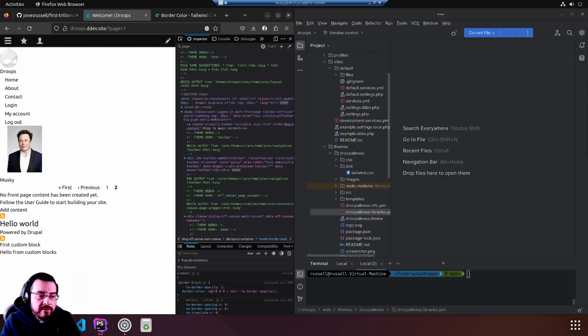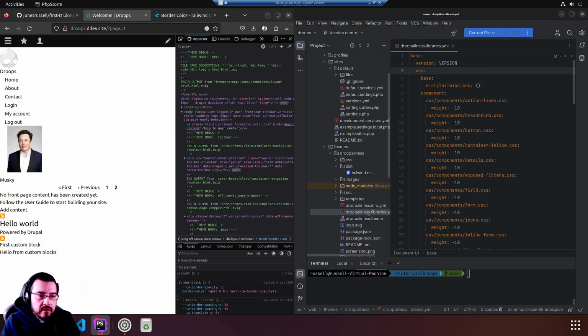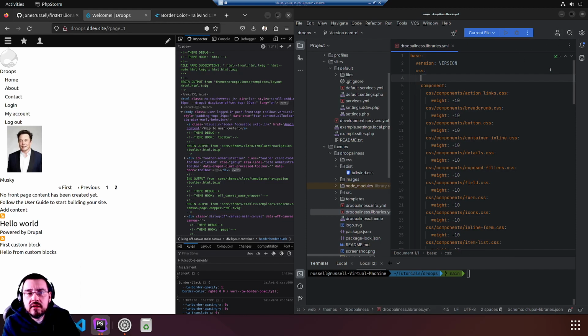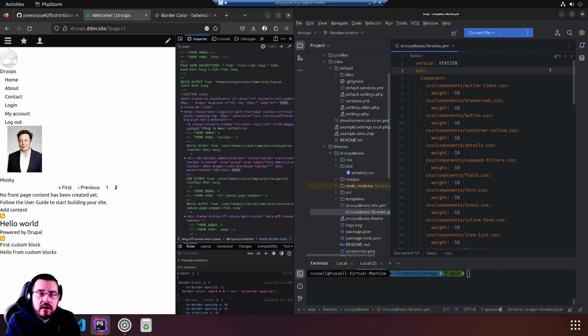We're gonna try to fix our Tailwind CSS installation, which seems to be broken. I must have done a very sloppy job in getting it set up. I thought it worked at some point. Maybe it did, I don't know. Let's have a look at the Drupal libraries.yml file where we put the base Tailwind CSS declaration in. I'm gonna get rid of it, and we're gonna have a look at